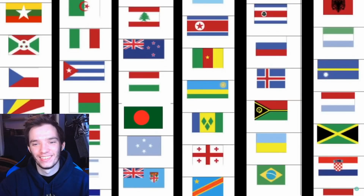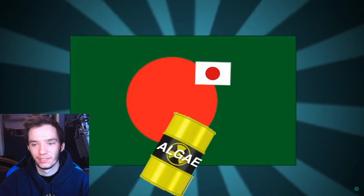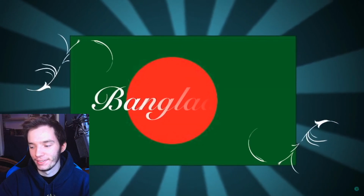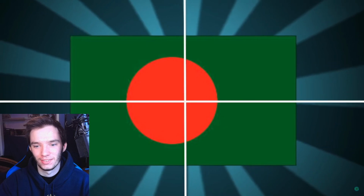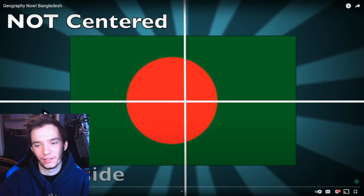Let's dissect the flag. Now, you've probably seen this flag before and thought, who dipped the flag of Japan in a tub of algae? Well, it's not some green mutated version of Japan's flag, it's Bangladesh's. Essentially, the flag has a green field and a red circle that is not in the center, but a little bit offset closer to the